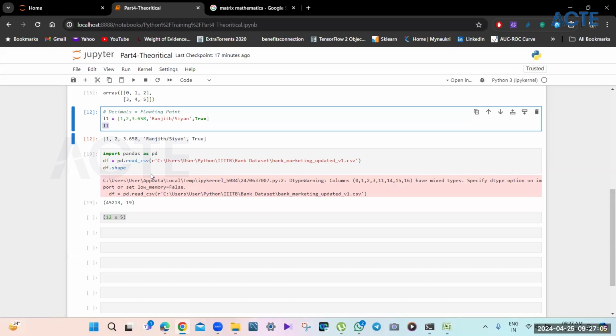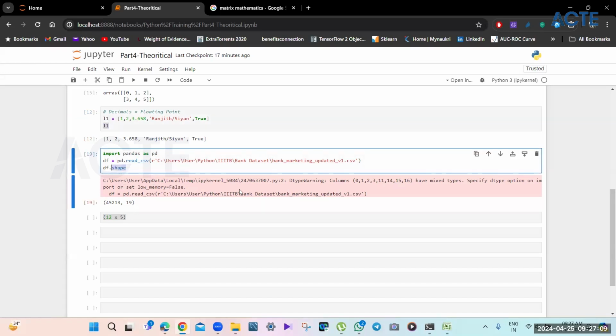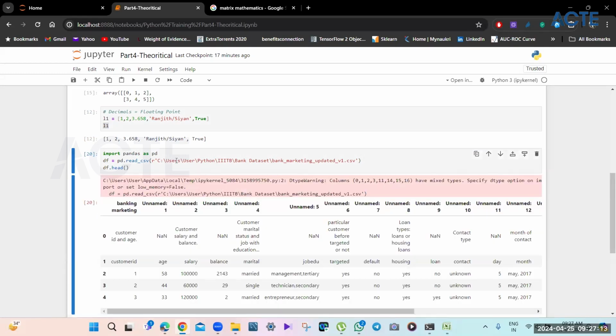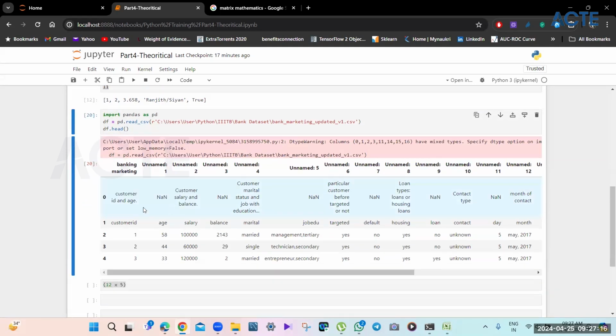But once this is a data frame, there is a command called head. If we do that, it will show the top 5 rows.